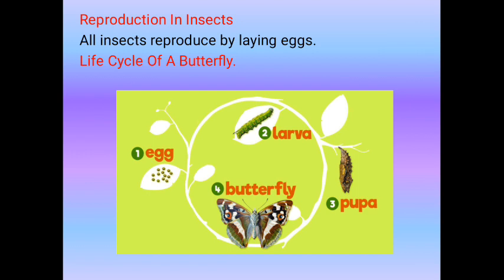In the second stage, larva or caterpillar, each egg hatches into a larva that looks like a worm, which is called a caterpillar. It eats leaves and grows quickly. In the third stage, pupa, after a few days the caterpillar stops eating. It forms a protective covering around its body. It is called a cocoon. At this stage it is called a pupa. Adult: inside the pupa the caterpillar slowly changes its shape, and after some time the pupa bursts and an adult butterfly comes out of it.